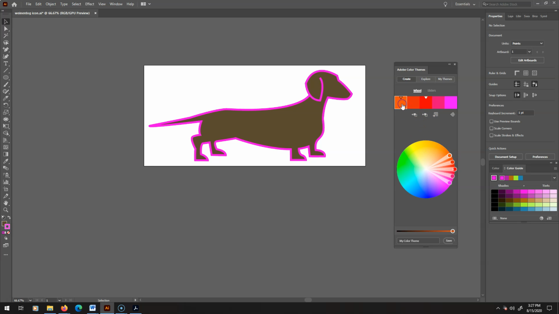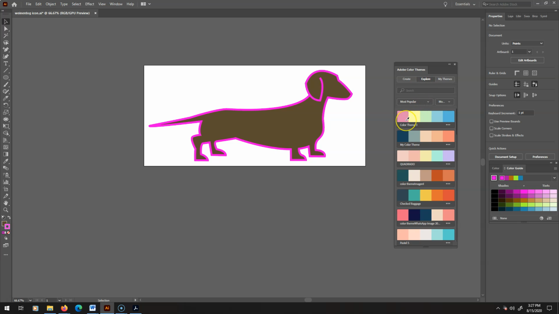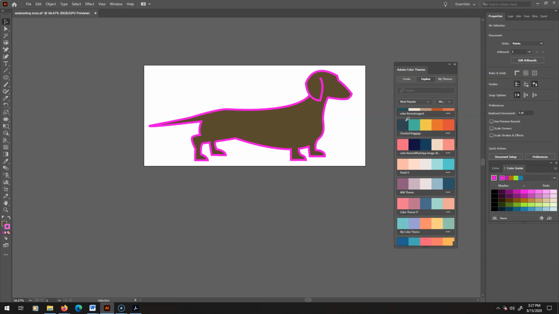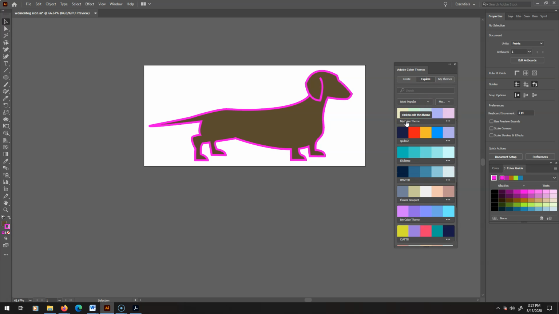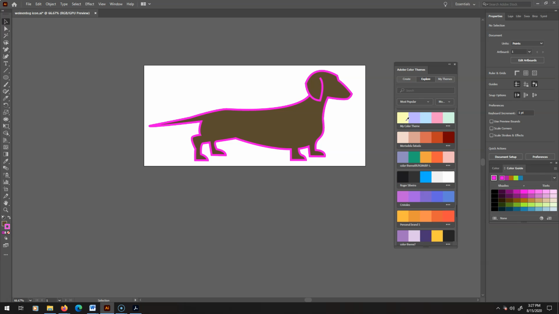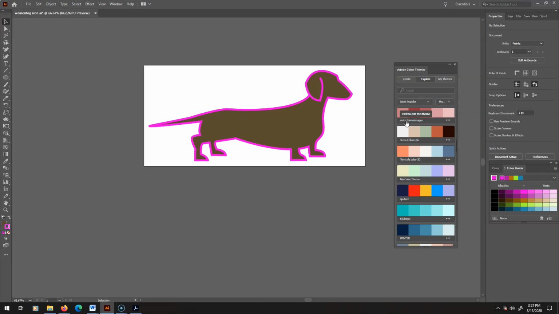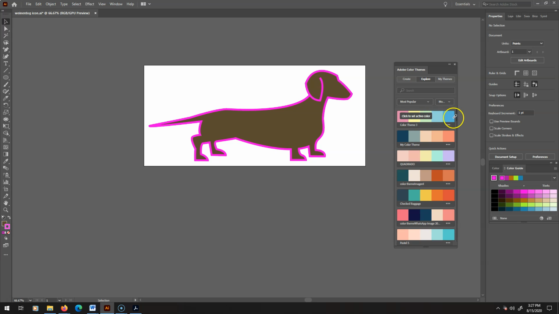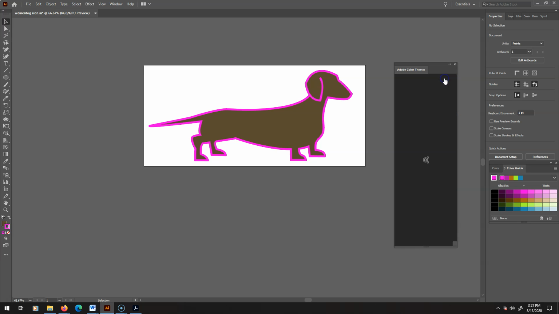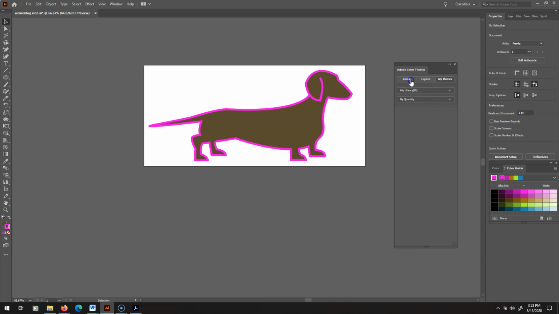So here, I'm picking analogous colors. This will help you come up with them. We haven't talked about this yet, but when I talk about color schemes in some of the lectures, you can preset yours here, or you can look at other color schemes that people have come up with. So colors that go well together, and then you could save and create and define your own. So when you're making an image, it's like a preset palette, and you can make sure, same as in the color guide, you can make sure,